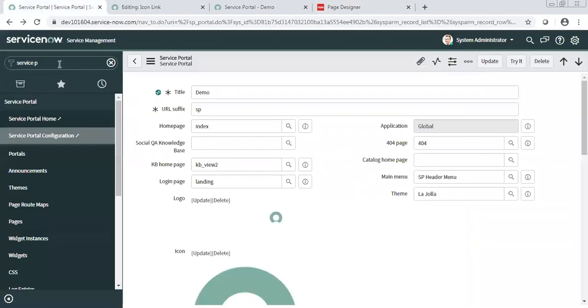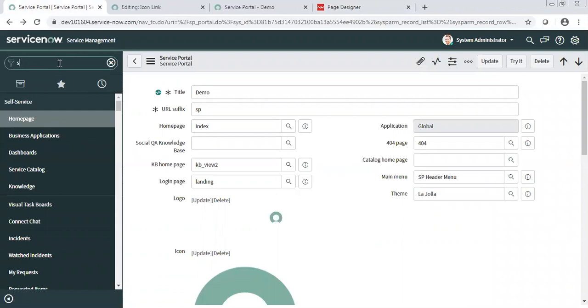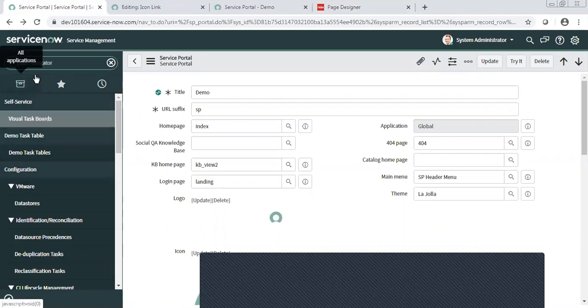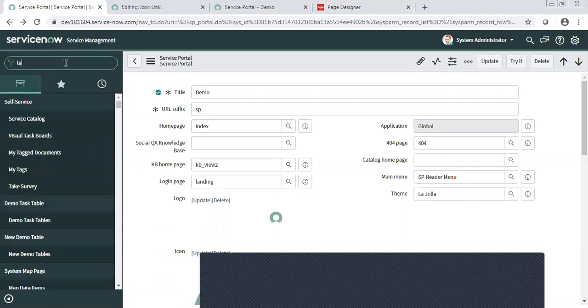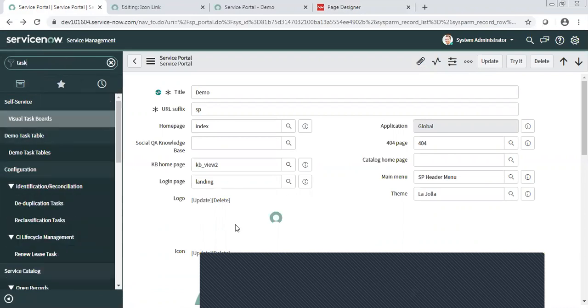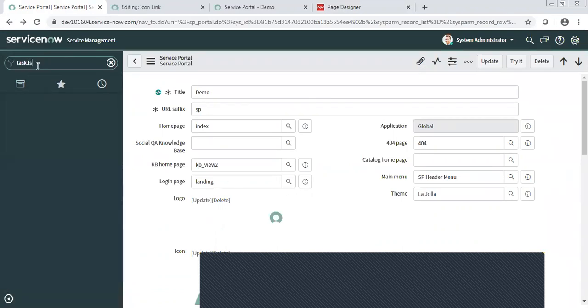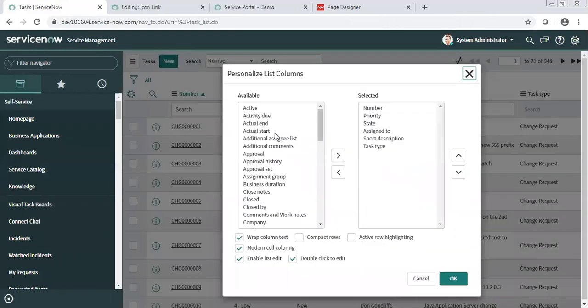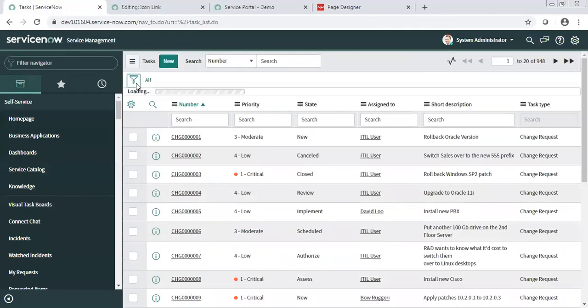So what I can do is go to my task table, task.list. And as I want to see incident, problem, change, and request, I will apply a filter here.